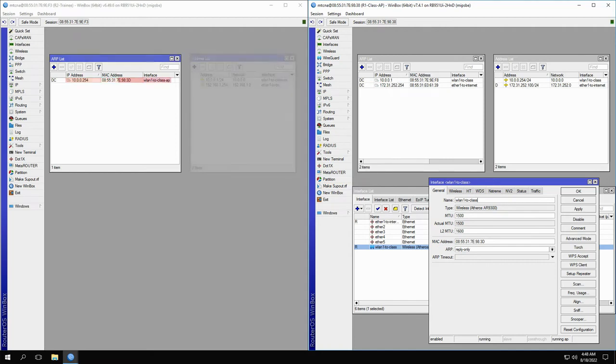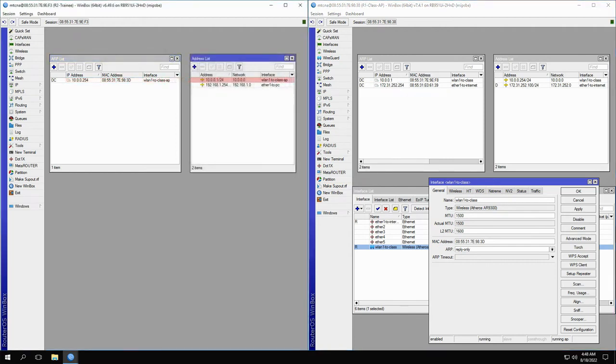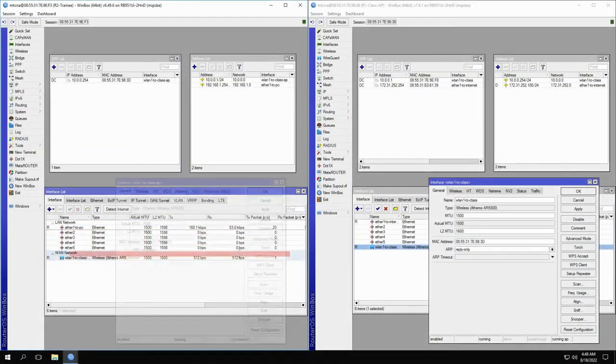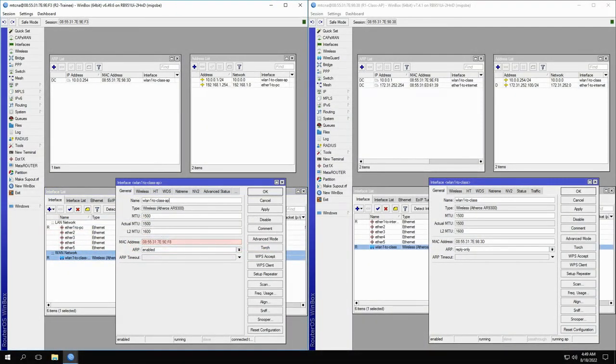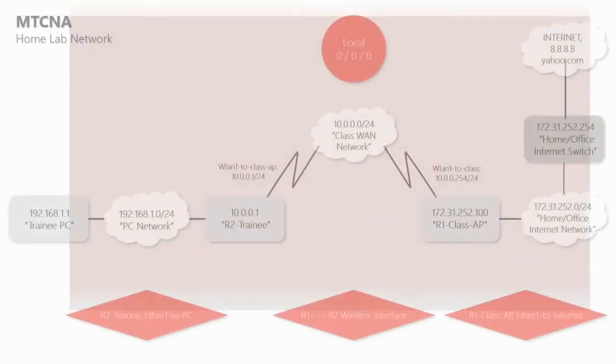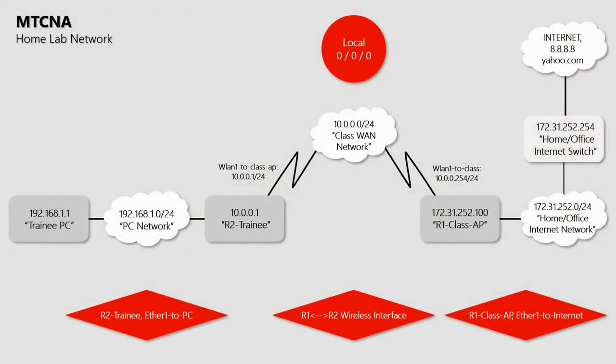Vice versa, you can see that the address 10.0.0.1 on the trainee router is assigned to the WLAN 1 to class AP interface. If we open this interface, we can see its unique MAC address as well. Similarly, the MAC address of this wireless interface together with its corresponding IP address create the first ARP record of the class AP. Now, if you're wondering about the second ARP record here, that belongs to the main internet switch present on our